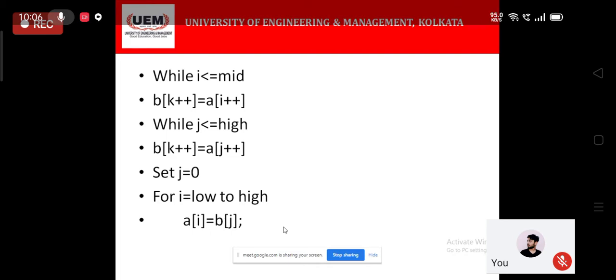Now after that, what may exist? All the elements of the right side array may already be taken, but a few elements on the left side are left. Now one thing is very clear, the elements which are in the left side array till now are already sorted because at each step you are doing the sorting. But another point is all those elements are actually greater than the elements which are present in the right side array. So then you will copy all the elements here. Fine, you will just copy all the elements.